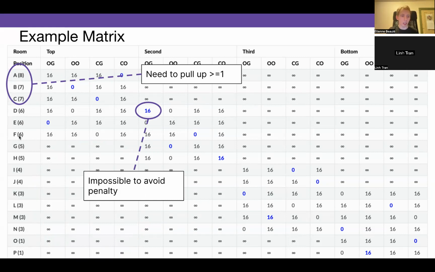So eventually, now we'll just take these 6s, and what we see here is that the OO here was already taken by B, and OO here has already been taken by G, so we will have to add 16 to our global penalty count, but we'll have to allocate D to OG even though they have been there in a previous round.